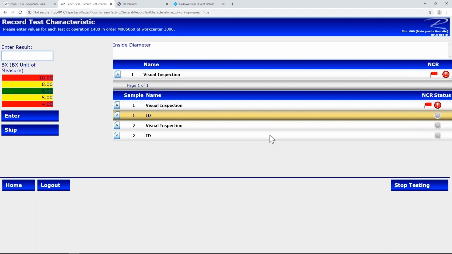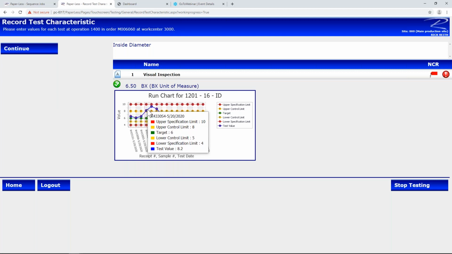Again, looking at that information, but even more important, what about stopping the defects before they're even created? In the case of my variable test here, I put in a chart that's going to show up after I enter a value, and you'll notice I can see my specification limits, upper and lower ones. Obviously if I get to those red lines, I'm in jeopardy of having a non-conformance kick off, which is going to be a defect,